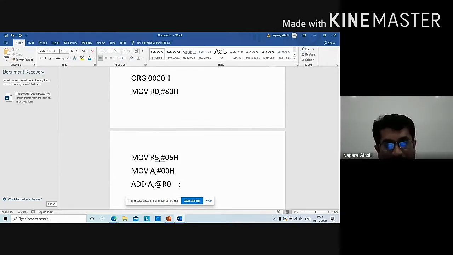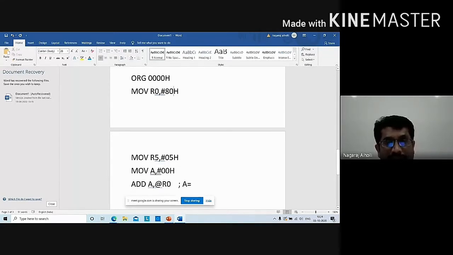So what is this instruction? A is equal to @R0 means, what is there in R0? 80H. 80H is a memory location, remember. But when storing it, you have to store it as a value. You may ask, sir, you are telling it is a memory location, then why are you using a hash symbol here? Because even though it is a memory location, it is a value, is it not? So we have to store it as a value first, that is, we use the hash symbol. Then we can use the instruction ADD A, @R0.